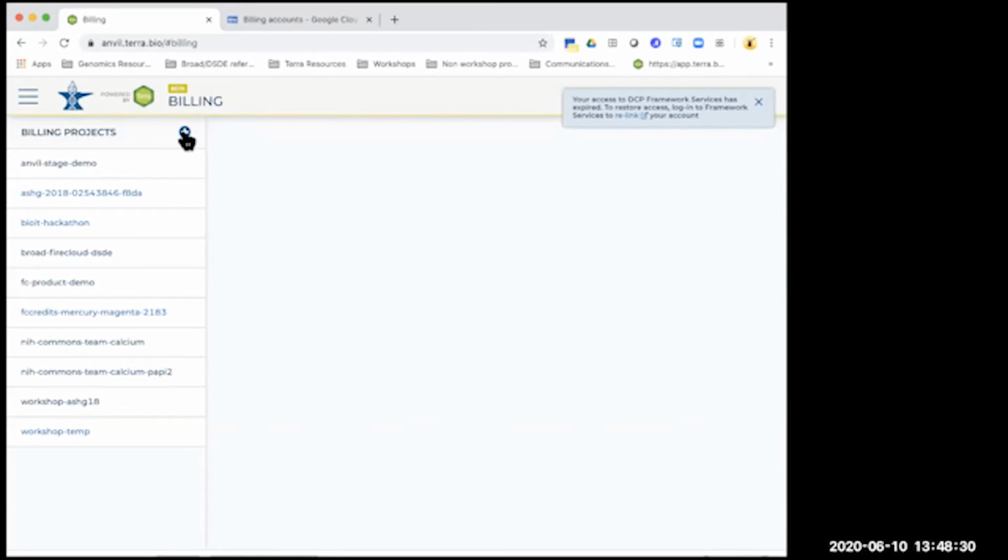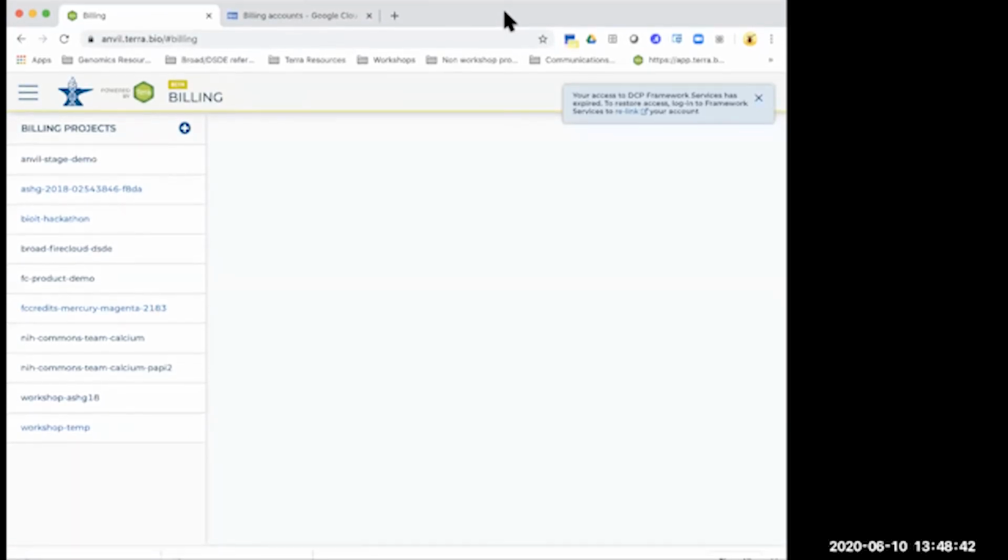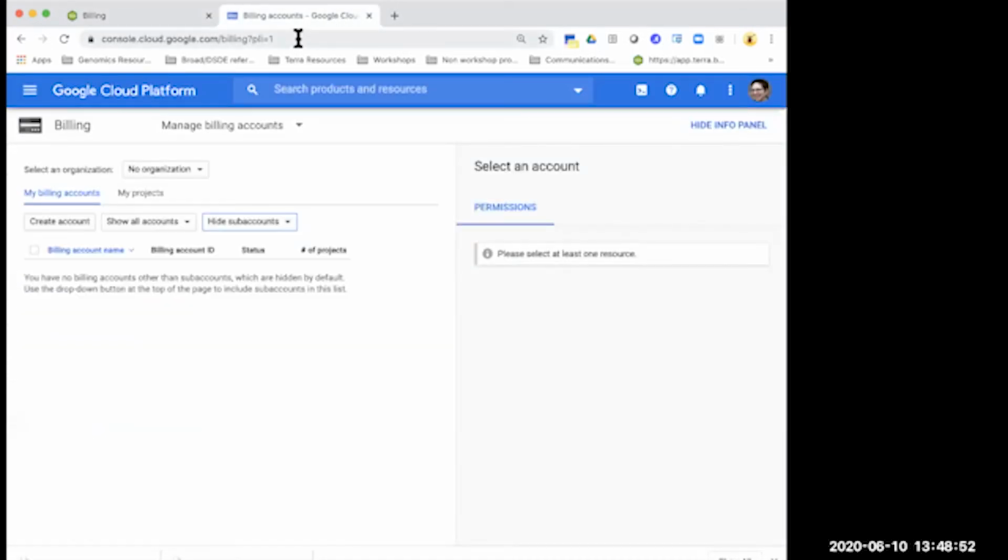And if I were to click here, that's how I would create my own billing project. But I want to back up a step and show you what your billing on your Google Cloud Platform console will look like. So if you go to console.cloud.google.com/billing, and you need to make sure that you are logged in with the Google identity that is also used